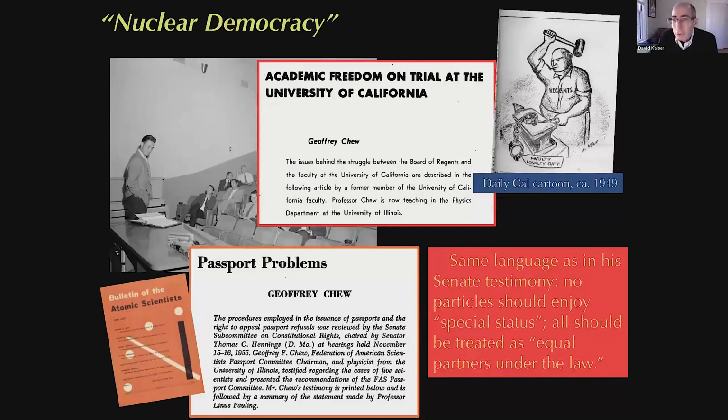Now, this was unfolding, as I wrote about it in the essay, at a time when he was very concerned about other forms of democracy, a slightly more literal form involving people and fair treatment of people amid the early stages of domestic anti-communism, the so-called McCarthy era, which we talked about some weeks ago in this class. In fact, he was the first professor to resign from the physics department, and perhaps the first one from the entire University of California, Berkeley campus, to resign in 1949 over a kind of loyalty oath controversy.